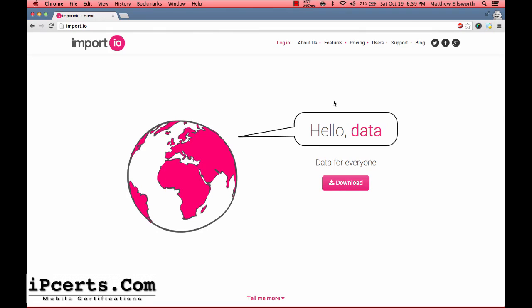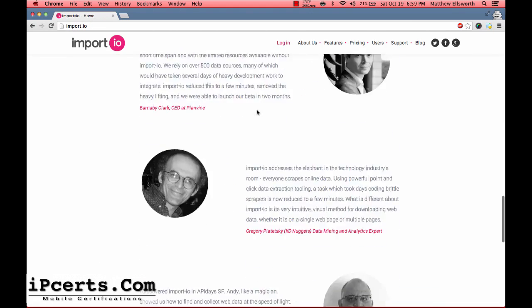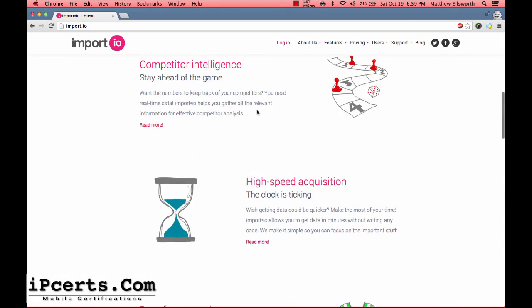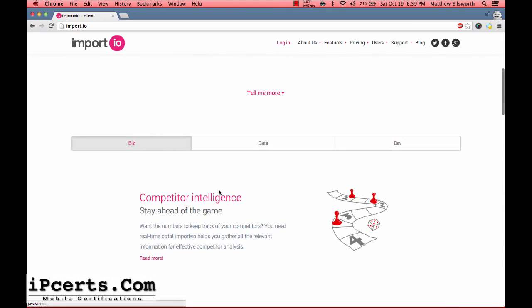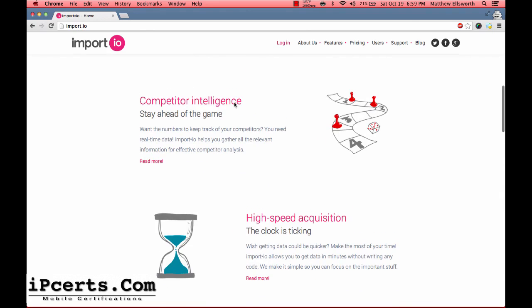Okay, well, I'm just going to show you really quickly how to download and install import.io. So as you can see, I'm at import.io, so type that into your browser. It's a pretty self-explanatory site, and honestly, it might even help you if you want to check out some of the information here. If it talks about different ways that you can use import,